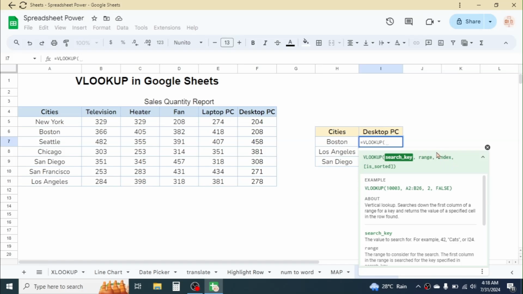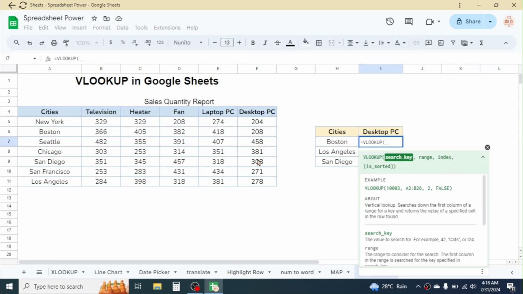This index number is the column number for our result. Here in this case we need the result for desktop PC. So this index means the column position of this desktop PC in this data range. If you count the columns, desktop PC is on the 1 2 3 4 5 6th column,